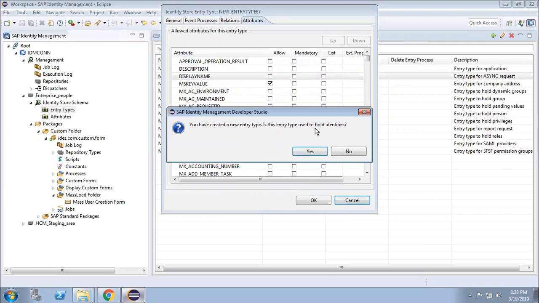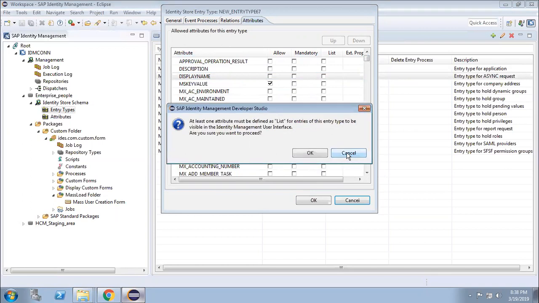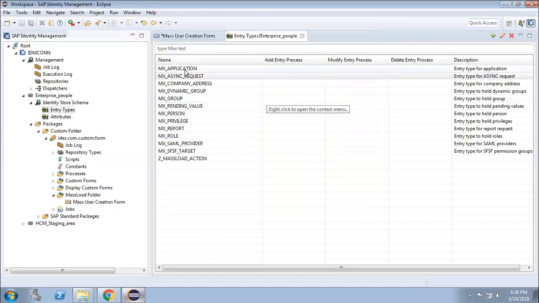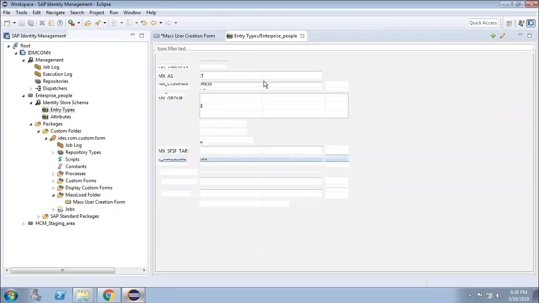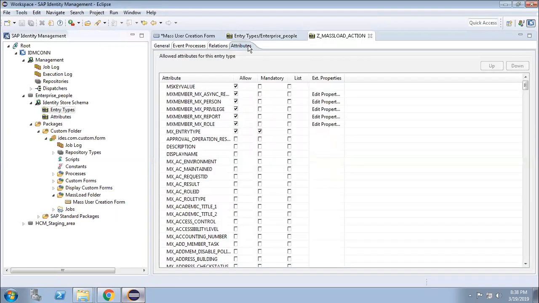And is this entry type used to hold identity? No. At least one attribute must be defined as a list of this entry type. So this is created. Go to the attribute section.